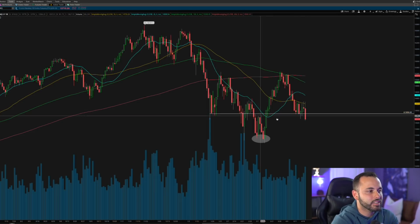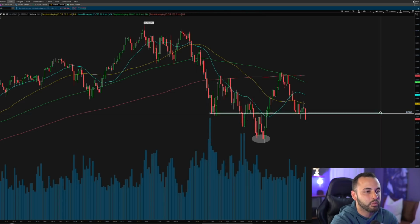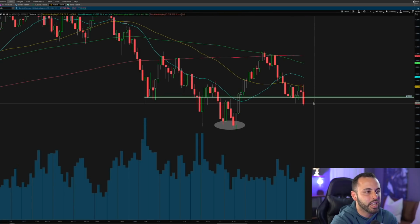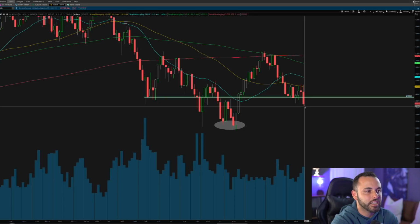Today, we wanted to see an area around 13,900 hold. 13,900 was a key base that I was looking to see hold. That was a base from back here in January, and we went ahead and definitely rejected that today. You guys can see we had a pretty ugly candle close well below that 13,900 level, and we can see that that is where we ended, right around